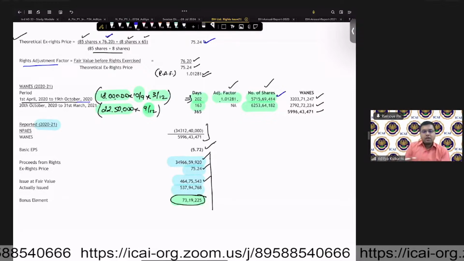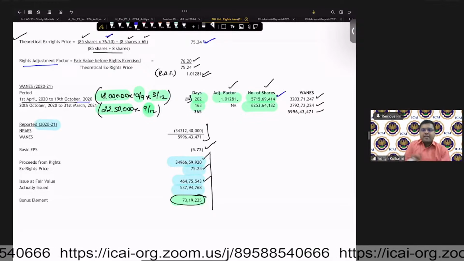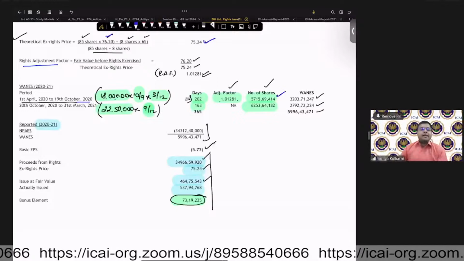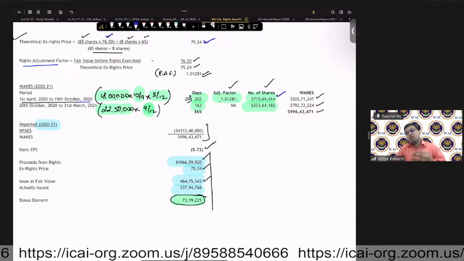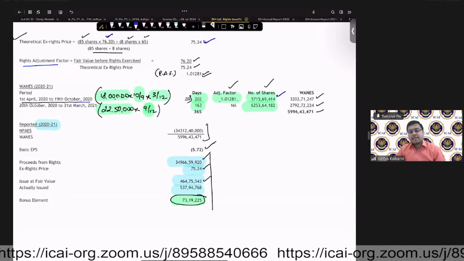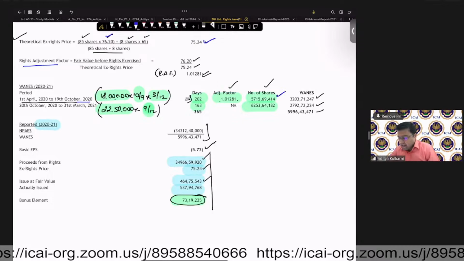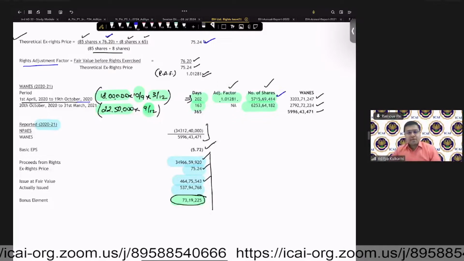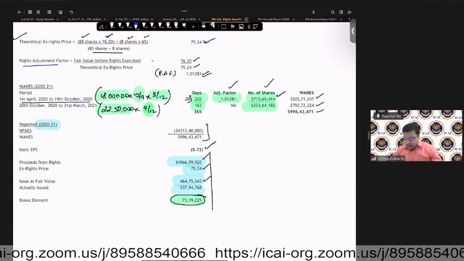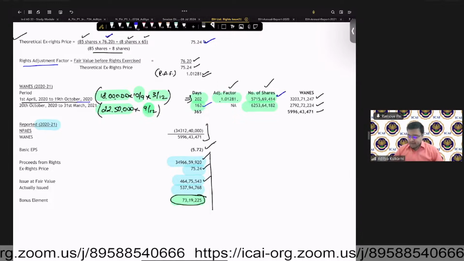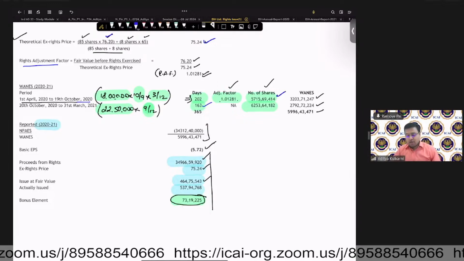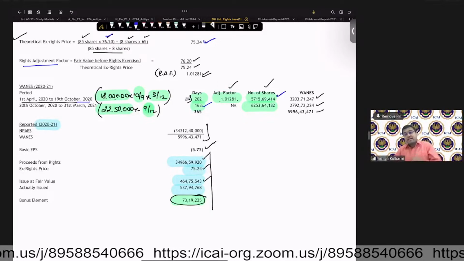So you are having all the previous period. I am multiplying it by the adjustment factor because your bonus component will get included in that. So that gives you 320371,247. And the remaining 163 days, that means from 20th October to 31st March, when the right shares have officially